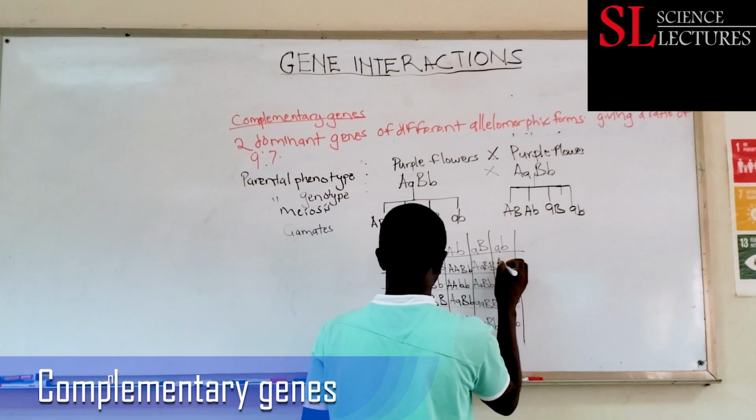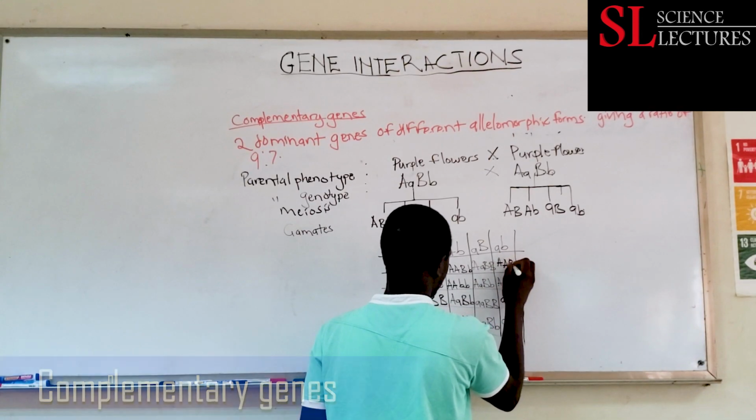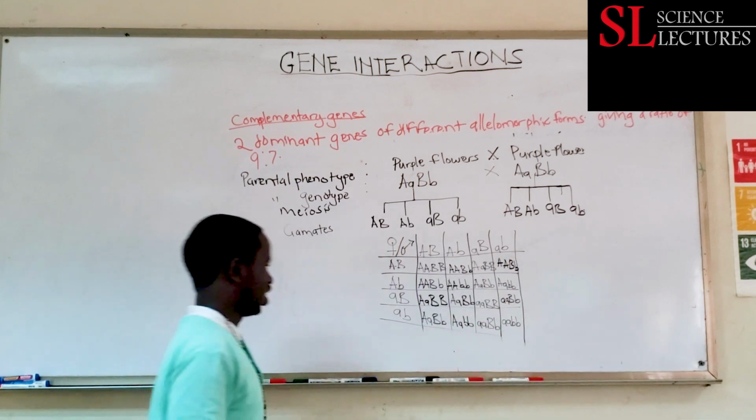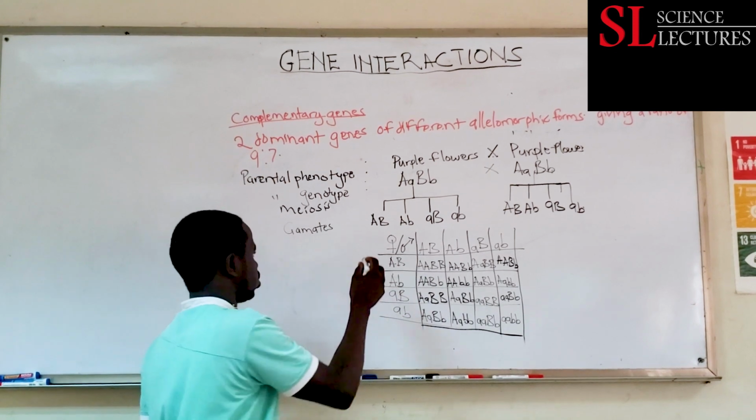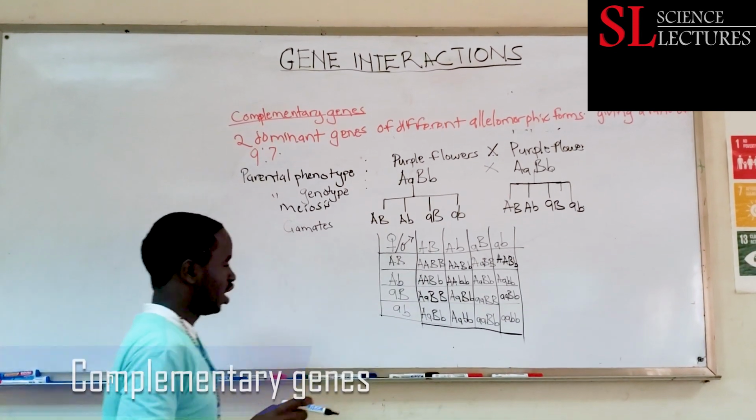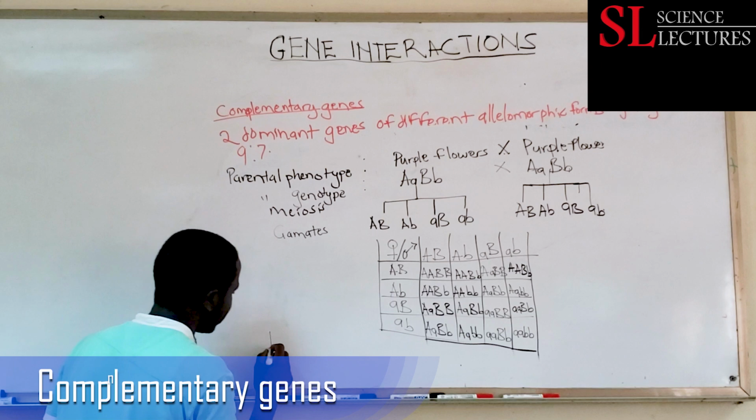I'm trying to complete this Punnett square. I hope you're also trying to complete yours. Yeah, I have finished the Punnett square. So this is where we have our random fertilization. Now write our F2